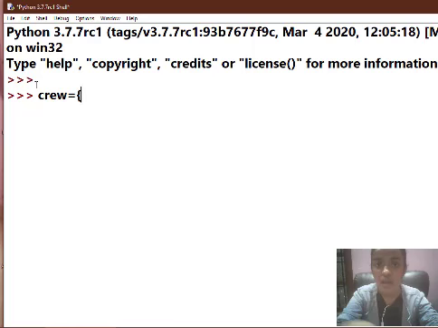For example, here I am using a key which is 1, and next to the key I have to put in my value. But before putting in my value, I have to give a colon after the key. So after entering the key which you need, you have to use a colon, and next to the colon you have to give the value which you need. You can give any kind of value you opt for, and here I am using names, which is Jack. You can use anything of your choice.